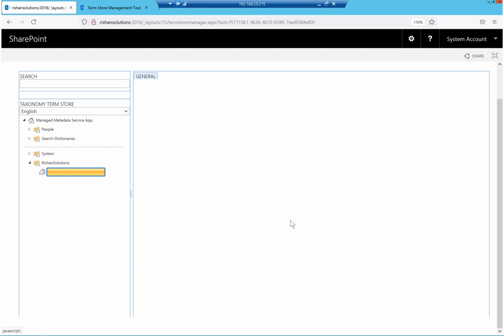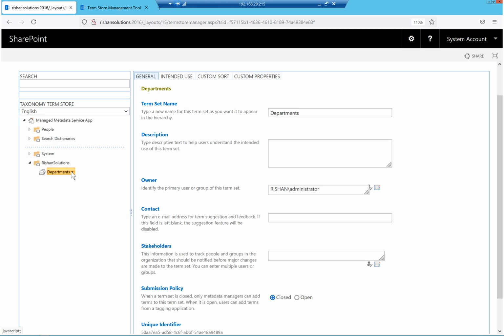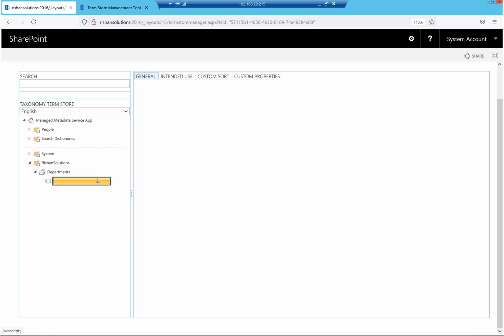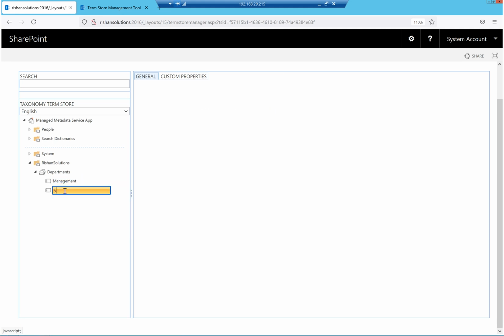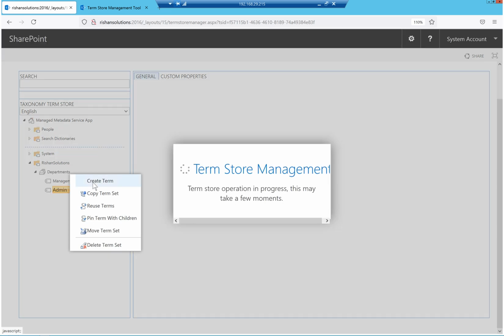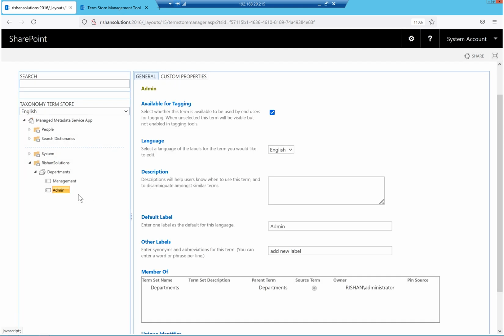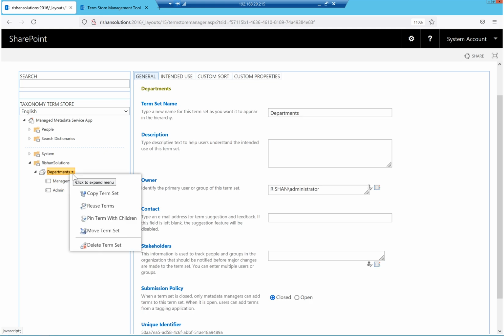For the term set, I'm creating something like departments, and inside it we can create the terms. Now here we can create some, like management. We'll discuss term sets and terms later. Admin department. Okay, admin department is done, and then we'll try to create